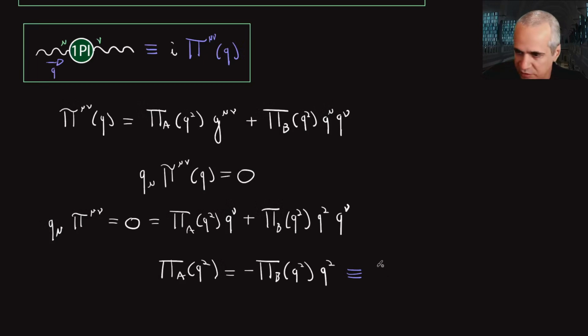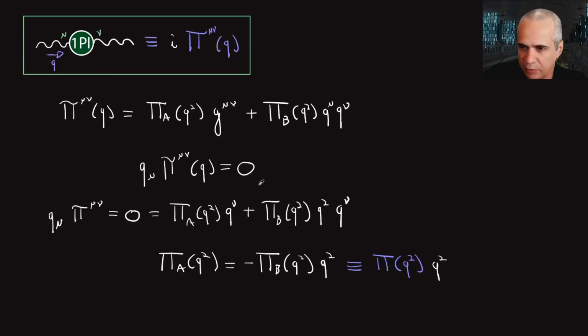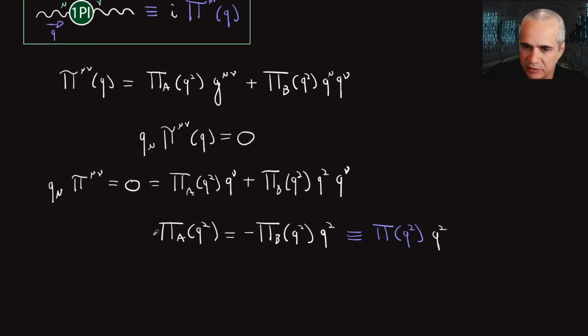I'll call these pi of q squared times q squared, so I'm really defining this guy to be minus pi b. And then if I substitute that up there, I just exchange pi a q squared by this and this guy by this, I get